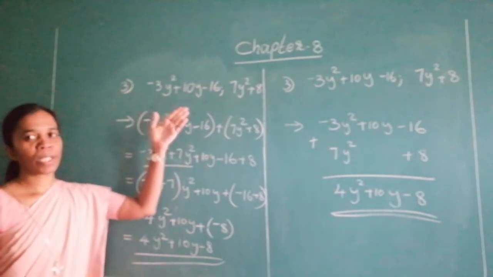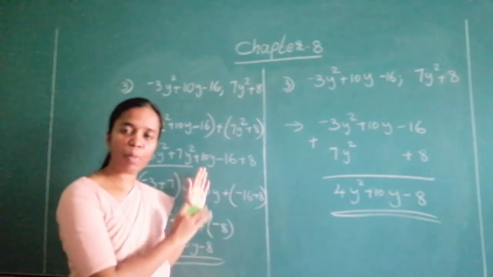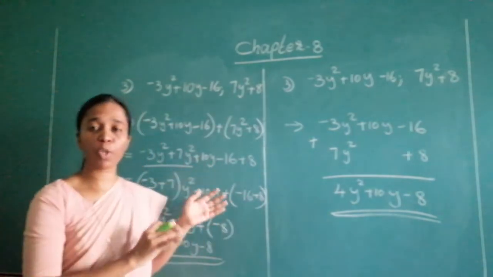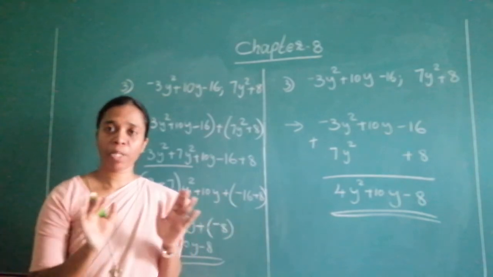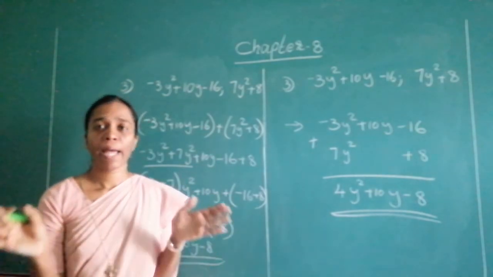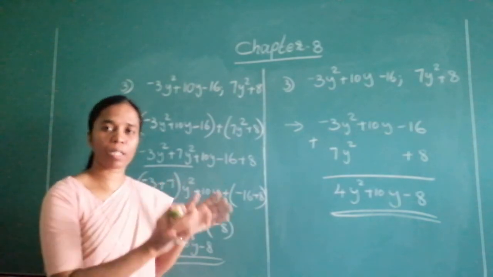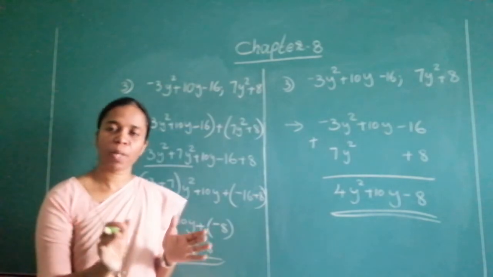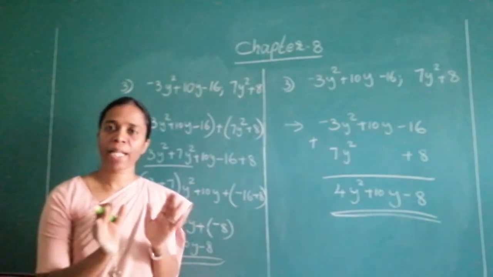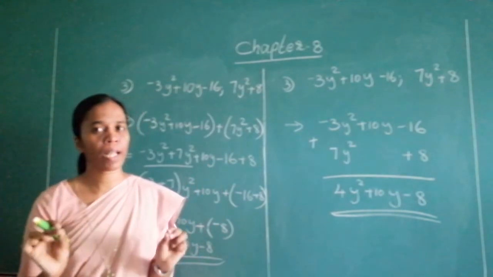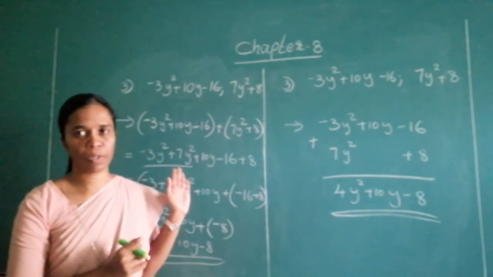This we had, a trinomial with a binomial. The only thing you have to keep in mind, whether it is trinomial with a trinomial or a polynomial with a binomial, trinomial, whatever is given to you, in an algebraic expression, when you add, first you bring the like terms together and then you add the coefficients of them. This is the only thing you have to keep in mind. We can add and subtract only the like terms. Bring the coefficients together, do the operation, then put the variable.